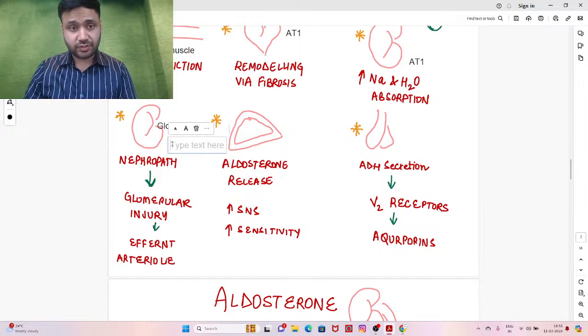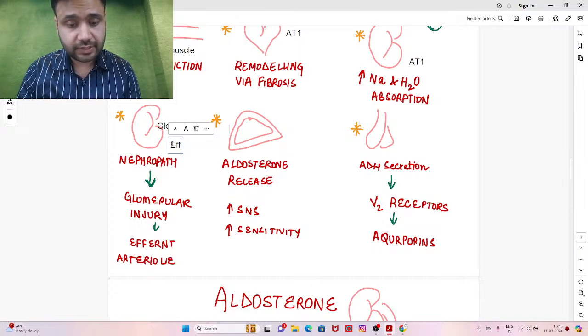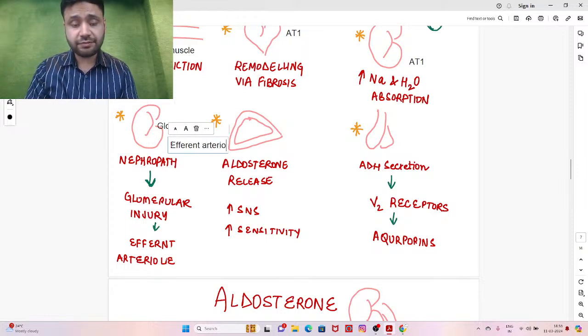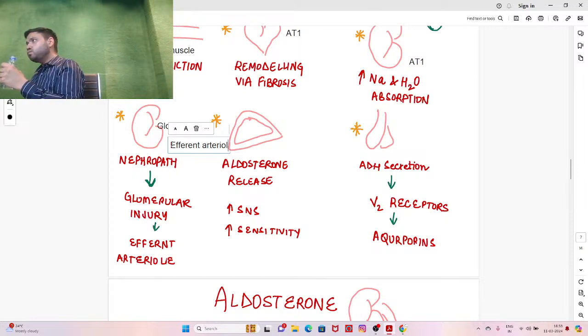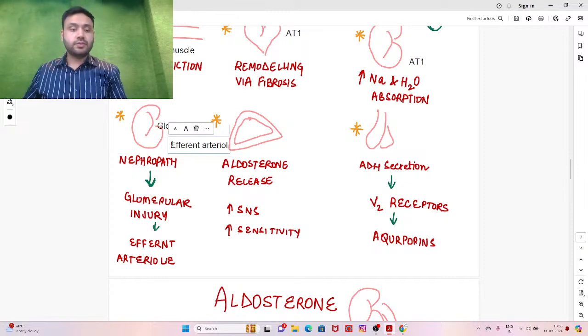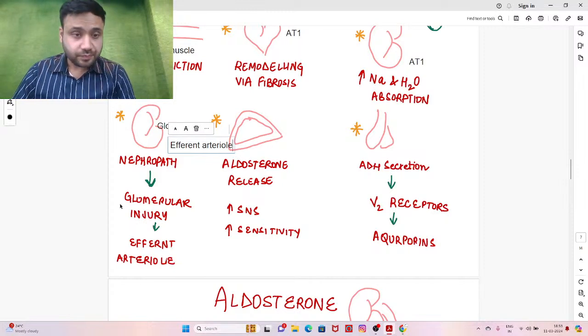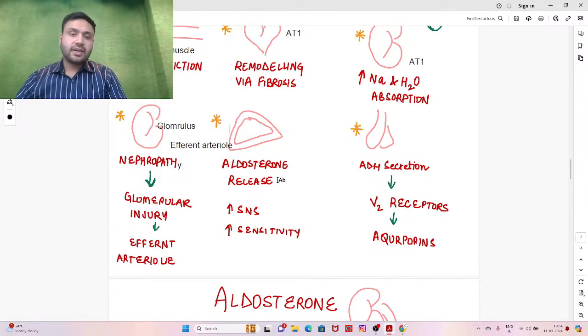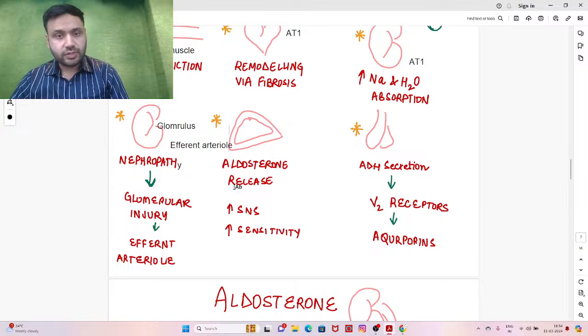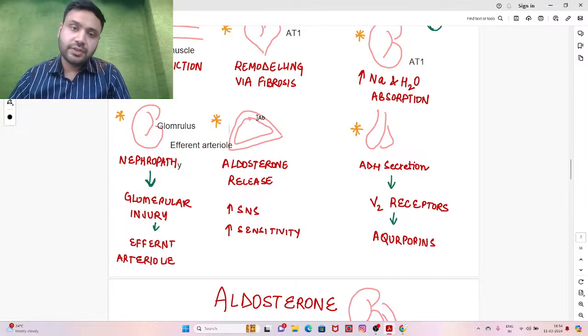This glomerulus is injured by constriction of the efferent arteriole. So, efferent arteriolar constriction leads to glomerular injury, which leads to nephropathy. Now, we have already studied that angiotensin 2 leads to release of aldosterone from the adrenal cortex,